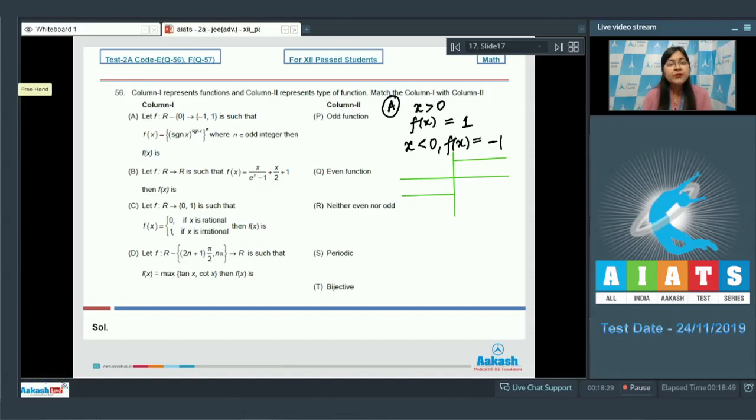So this is definitely an odd function. So option P is correct. So from periodic and bijective, it is none. So only option P is correct. Now option B, it says that